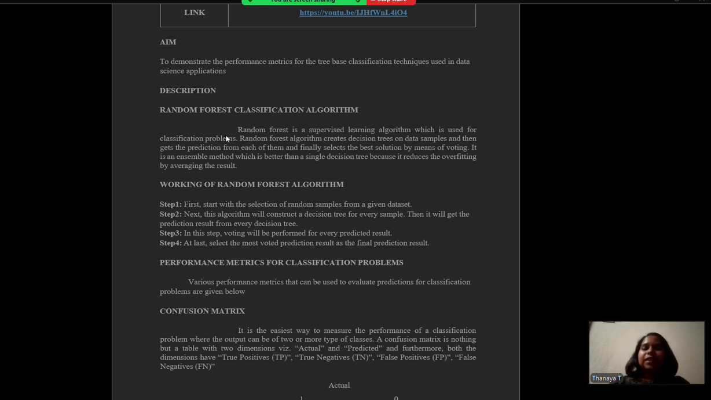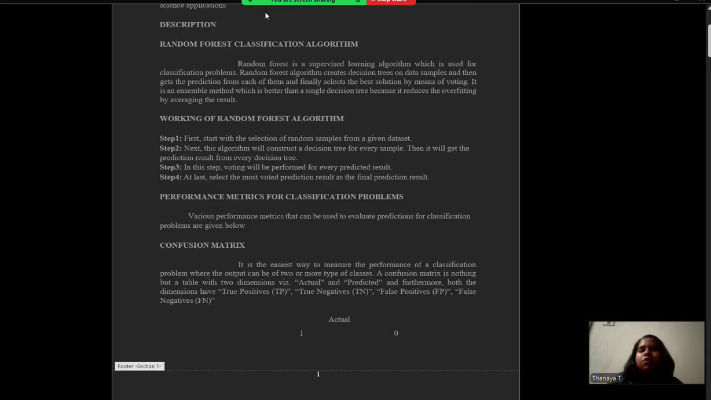The random forest algorithm creates decision trees on data samples and then gets the predictions from each of them and finally selects the best solution by means of voting. It is an ensemble method which is better than a single decision tree because it reduces overfitting by averaging the results. So, working of the random forest algorithm. Step one is to start with the selection of random samples from a